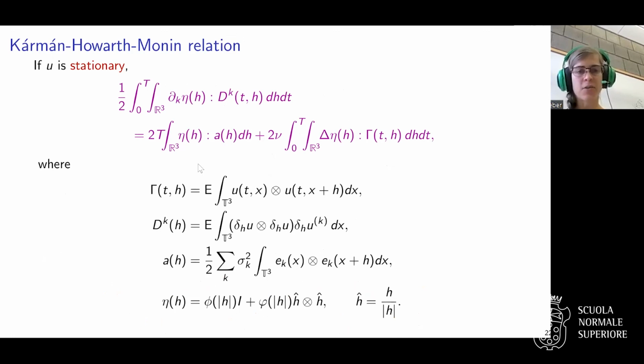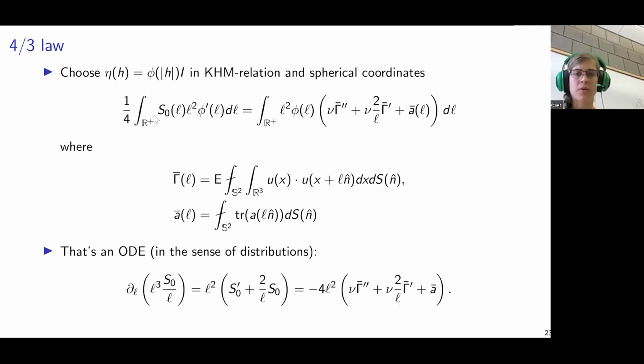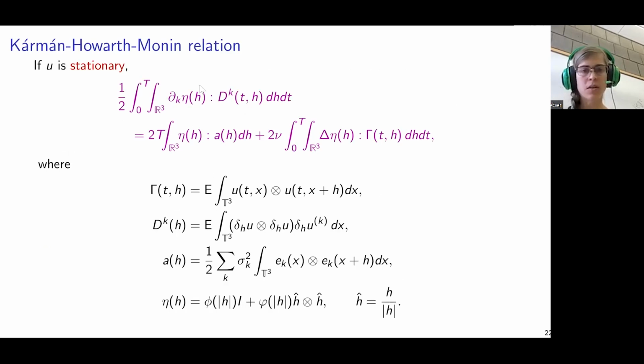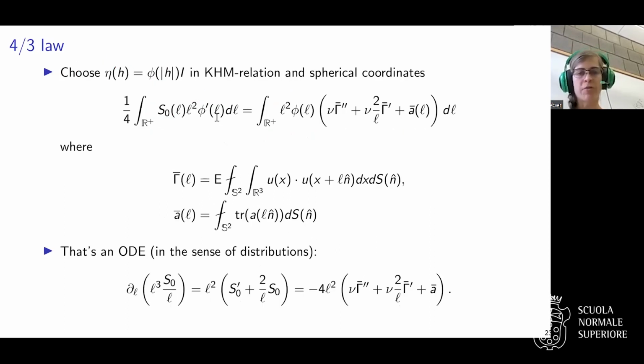So we take this test function, plug it into this expression here, and then we change to radial. And so what we'll get is some spherical averages of these quantities here. These are already spherically symmetric. Okay, and so that's what we would get after doing some computations. So this term here, which looks kind of like some structure function, becomes S0 multiplied with L squared and the derivative of phi, and then the other terms become this expression. So these two are averaged versions of the second order correlation, and this term here is from the forcing.